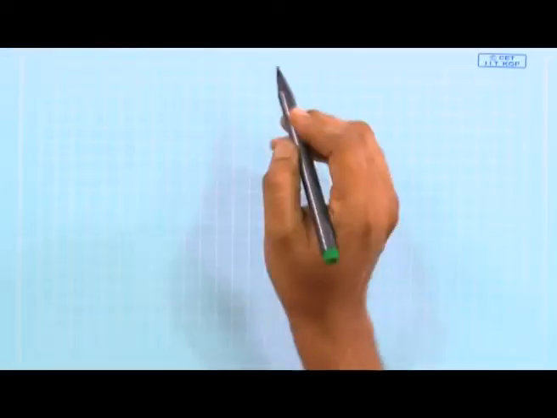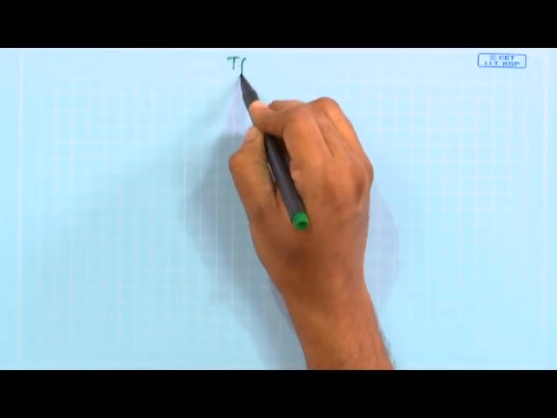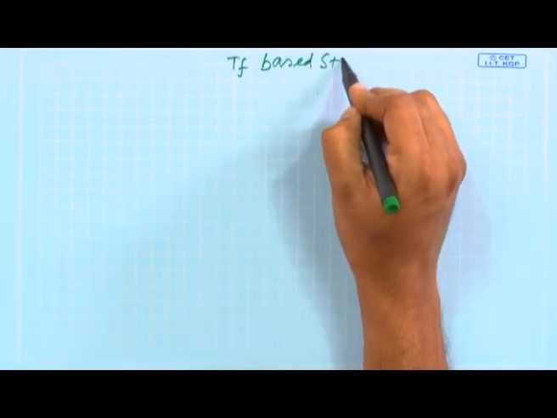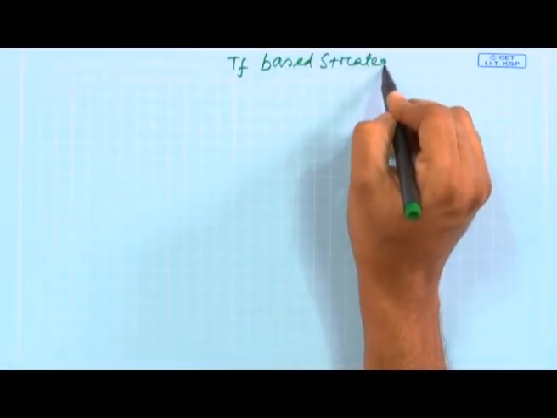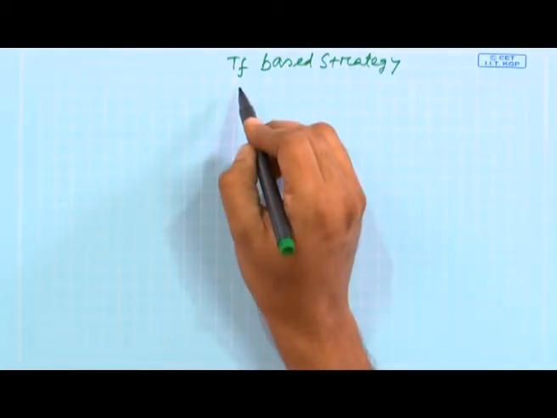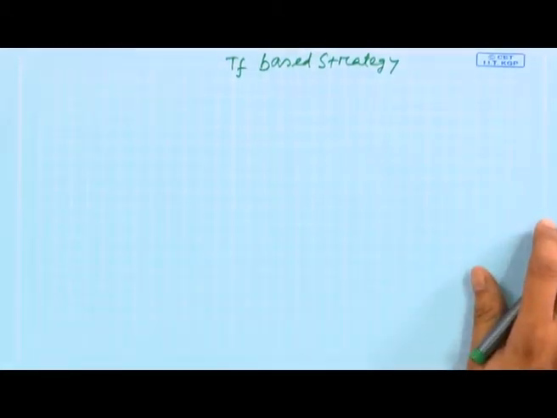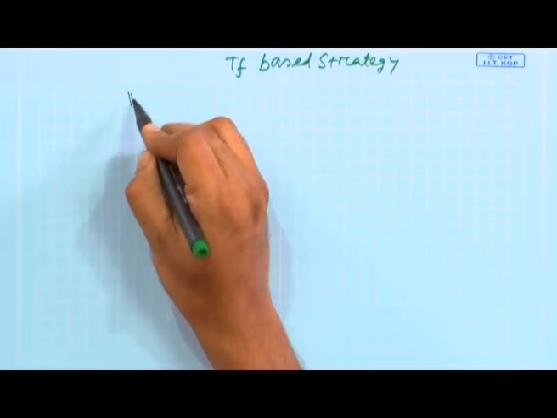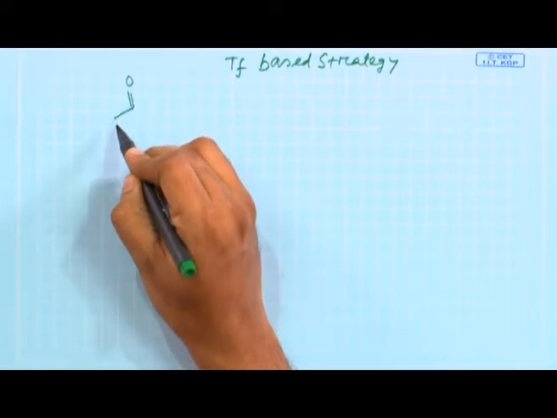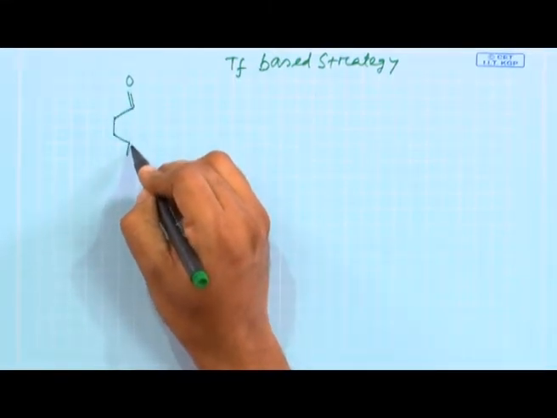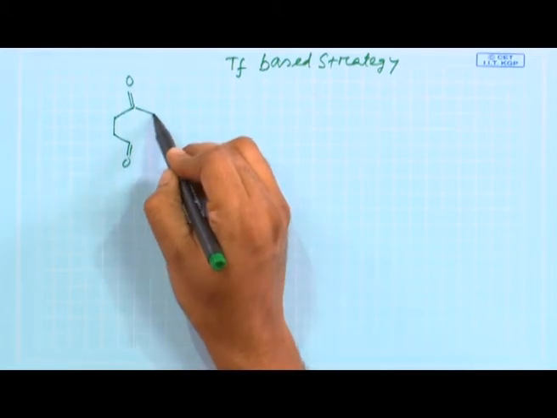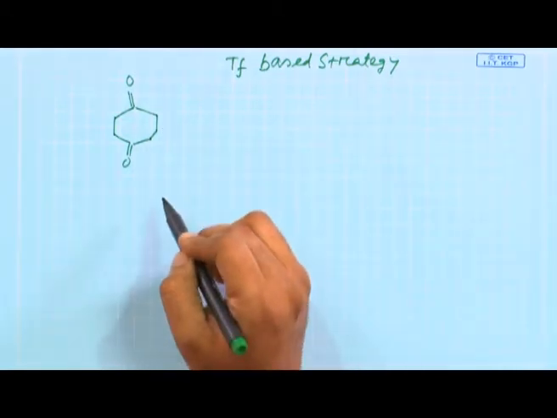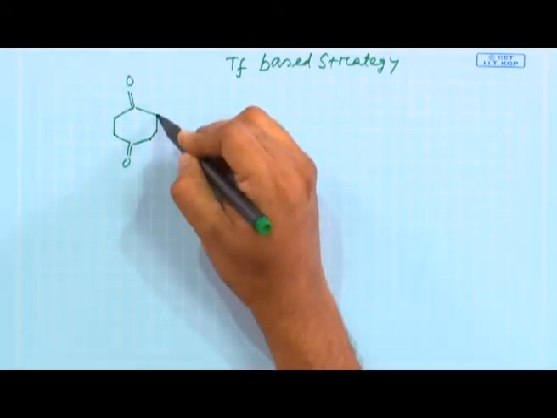Next one is again a transformation based strategy. This transformation we have already discussed in the chem quiz, retro quiz, but still we want to discuss it. The target molecule which was given to you is basically a 1,4-dicarbonyl compound. It is a methyl,